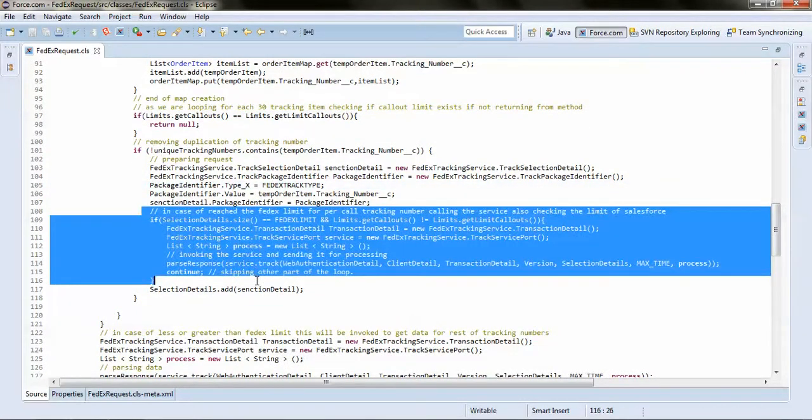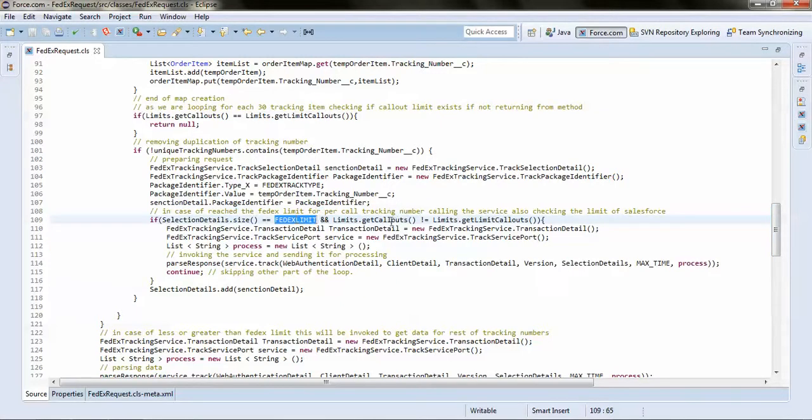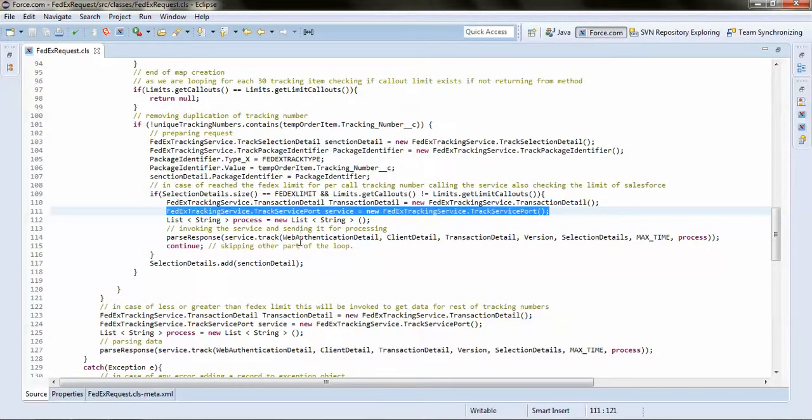So here is the case where my tracking size is reaching the FedEx limit, and I also have a limit to call any web service. So I'm just calling the web service, instantiating the service port and everything, and I am calling that service again, and the other portion is not getting executed because it is not required anymore.